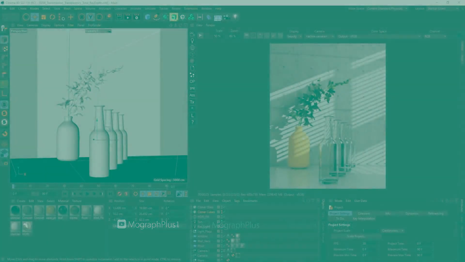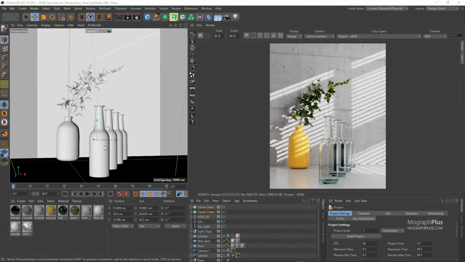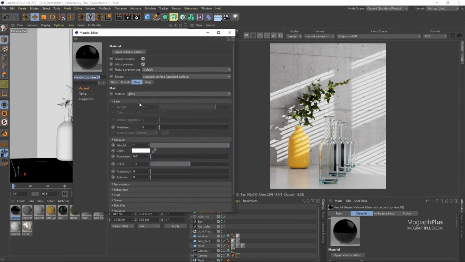Okay, in this lesson, we'll learn all about transmission and transparency ray depth. These bottles have a glass shader applied to them. In the lesson, we discussed transmission samples. I briefly showed you how to create glass shaders using standard surface. You can simply set the transmission weight to 1, or you can just use the glass preset for now